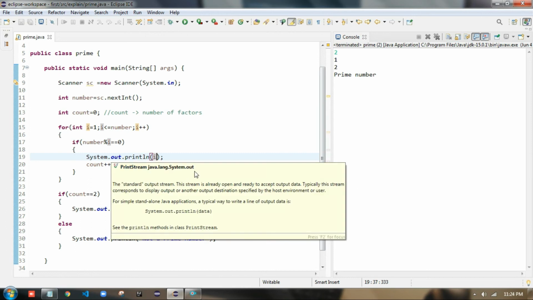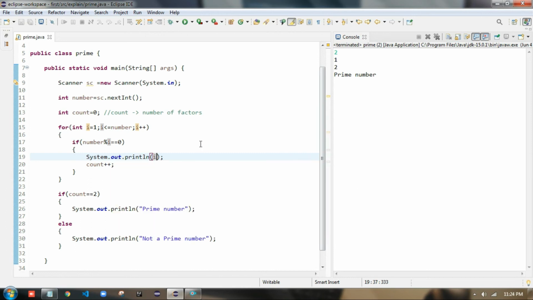So this is the simplest way to check whether a number is prime or not. But is this the best way? No. Why? Because we are checking from 1 to that number, so it takes time because there are many calculations going on. So can we reduce time? Yes. How? We all know that 1 and that number will always be there, whether it is a prime number or not.